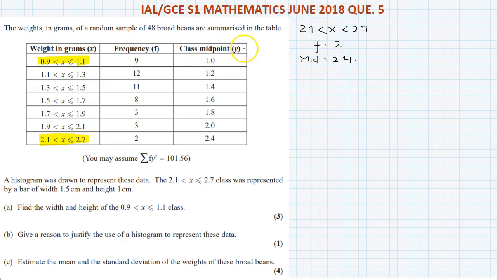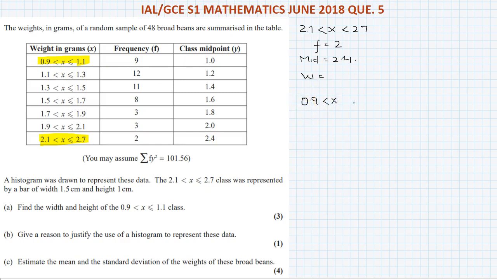Class midpoint is 2.4, and the width of this class interval is 2.1 to 2.7, and another class interval, which we have to find, is this, that is